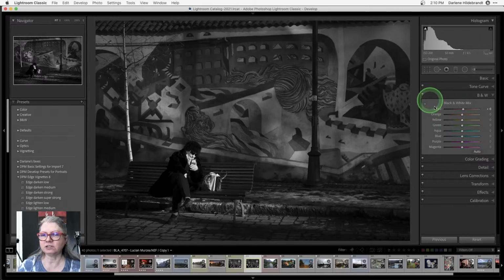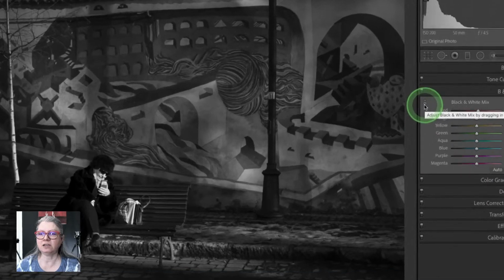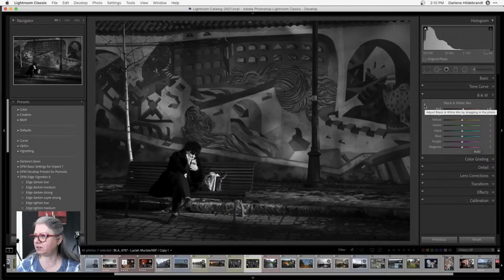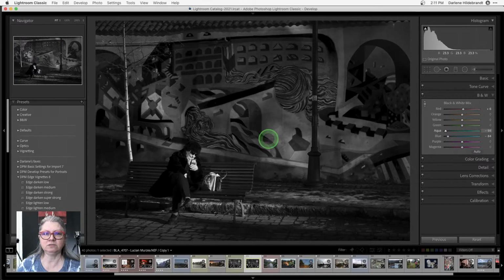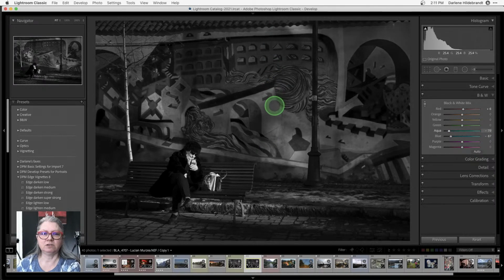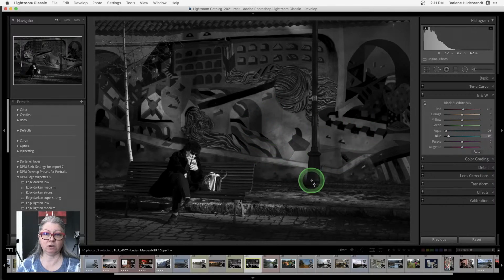The other way to adjust these is this little targeted adjustment tool. So this guy here, I don't know if that zooms in, I don't know if that works or not. Maybe it does. Click this little targeted adjustment tool, and then wherever you hover over on the image, you get this little crosshairs thing. If you drag down, it's going to darken those colors. You see that affected aqua and blue. Or up, it's going to lighten them. Actually darkening, look what happened. It added a lot more contrast to the mural.